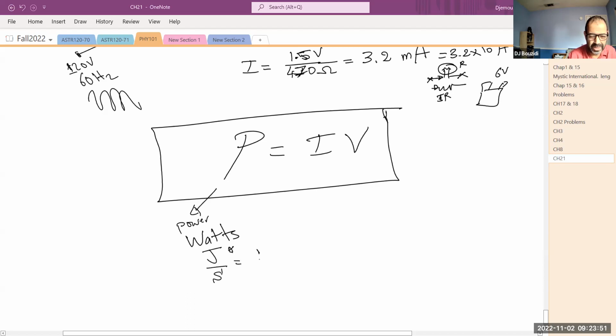And if you remember, the energy is force times distance, and the force is kilogram meter per second squared, times distance in meters, and divide this whole thing by another second. So the power is kilogram meter squared per second cubed. So this is watts. This is all in terms of the mechanical stuff. This one is in amps. An amp is a fundamental unit, times the voltage, and the voltage has the units of,